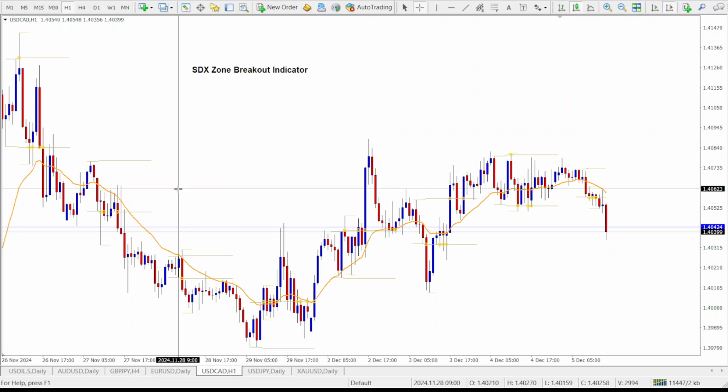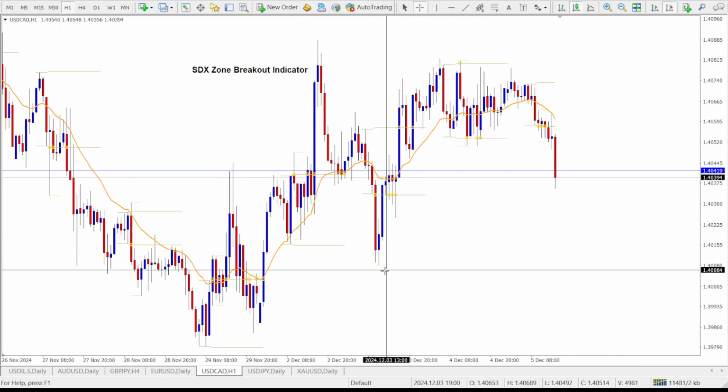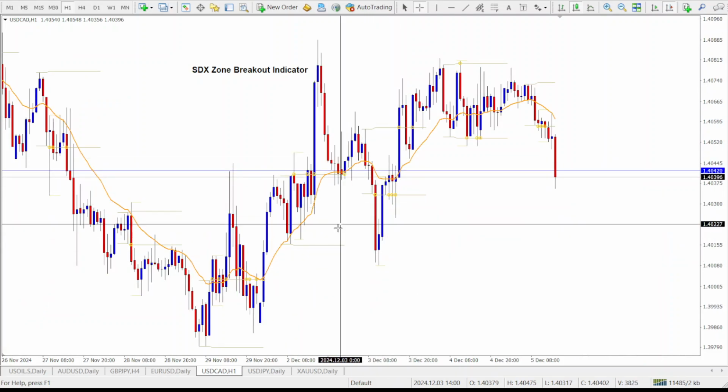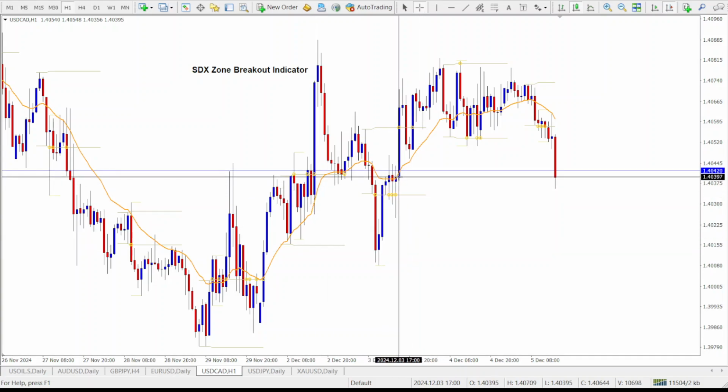All right. So using the SDX Zone Breakout Indicator basically means you are going to be trading between support and resistance zones. But if you want to hold trades for longer, then you can identify the direction of the